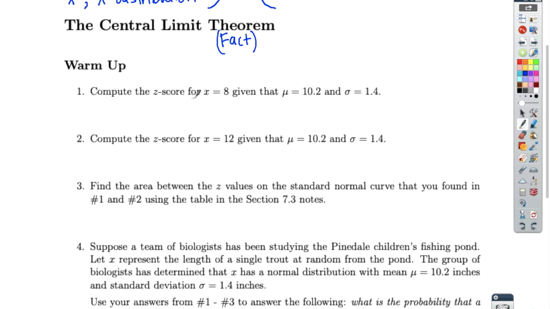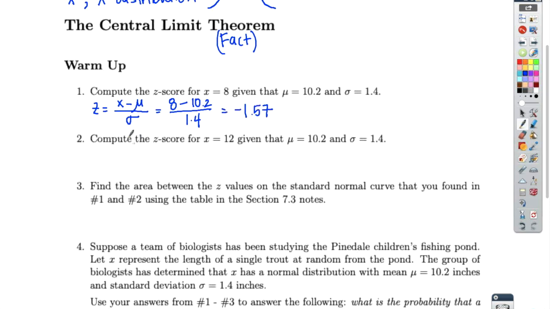Number one says compute the z-score for x equals 8, given that mu equals 10.2 and sigma, the standard deviation, equals 1.4. So we'll use our trusty formula, which you may or may not have memorized at this point, but if not now, then you should soon. So z equals x minus mu all over sigma. So I'll plug those in. Everywhere I see an x, I'm going to put an 8. Everywhere I see a mu, I'll put a 10.2. And everywhere I see sigma, I'm putting 1.4. Now when I throw that into my calculator, I find a z-score of negative